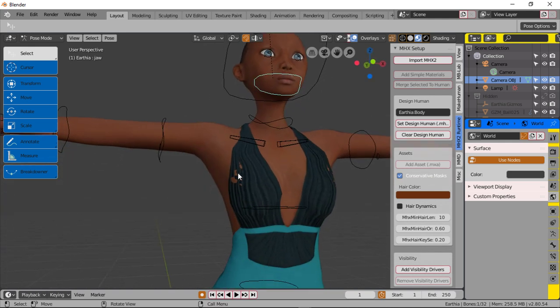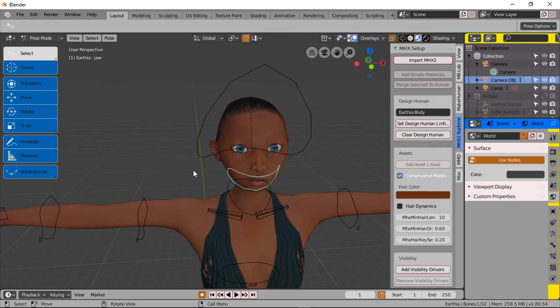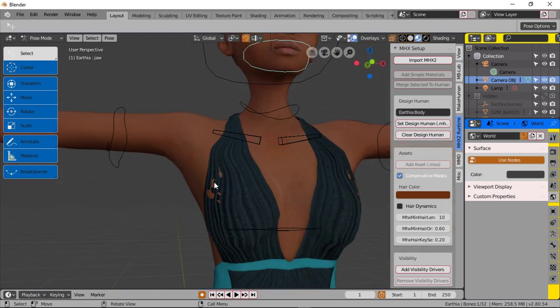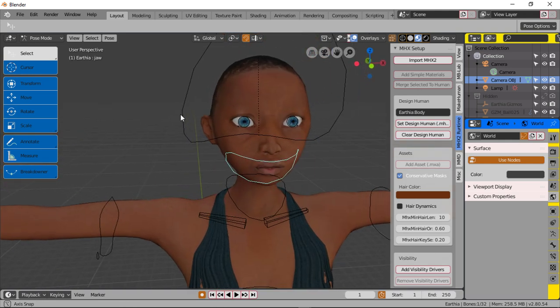Now, the other thing, you can fix a lot of these mesh issues. I'm not going to do that in this video, but I do know how to do it. If you see skin protruding through the clothes and stuff like that, you can fix all that stuff. So what I'm going to do now is,